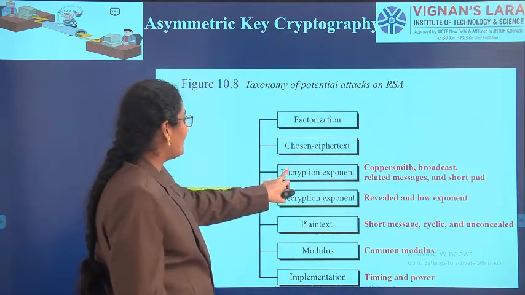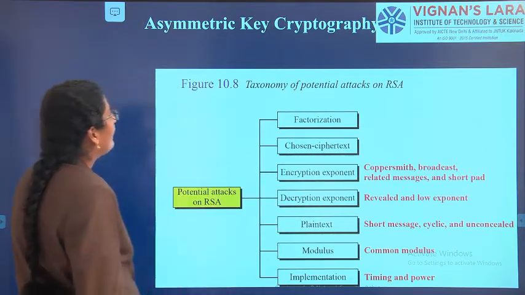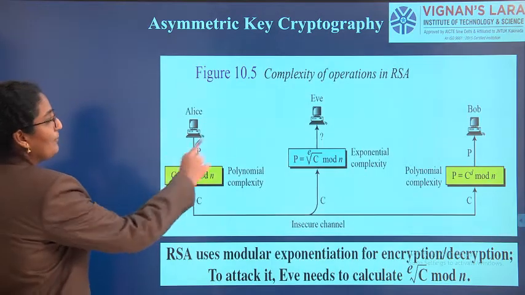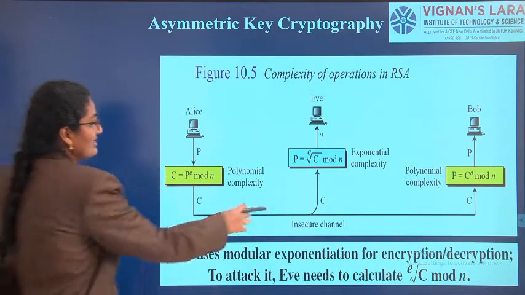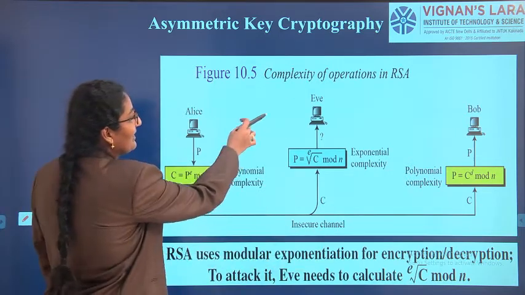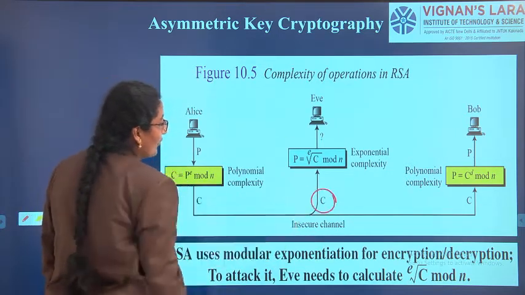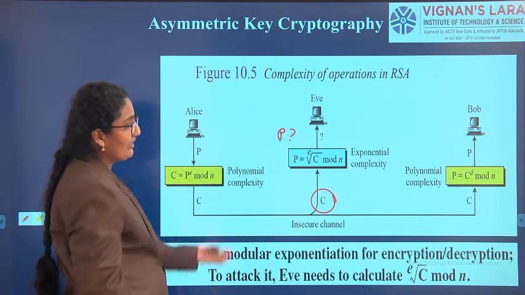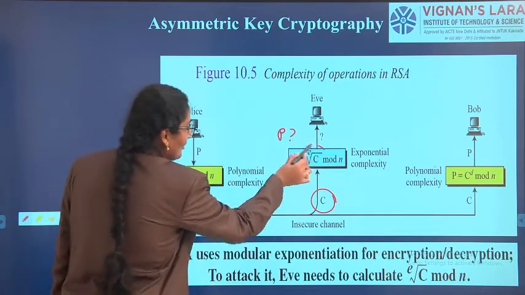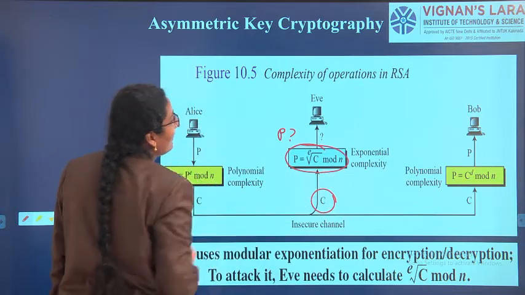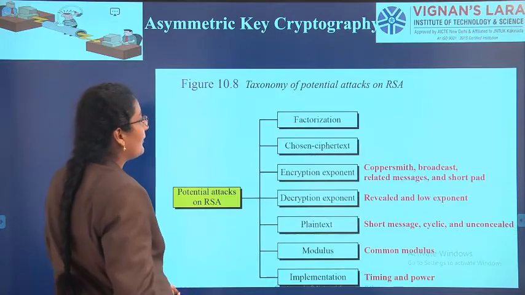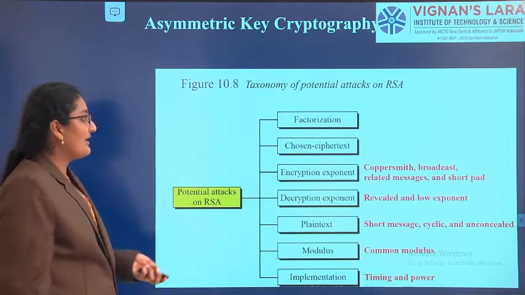Then what is the encryption exponent and decryption exponent? They come into play when two people are talking to each other in an insecure channel. If an attacker gets that ciphertext also, he cannot convert that ciphertext into plain text because he does not have the private key. So the conversion of p equals square root c mod n power e is very difficult. That is nothing but the encryption component or decryption component. So let us conclude.